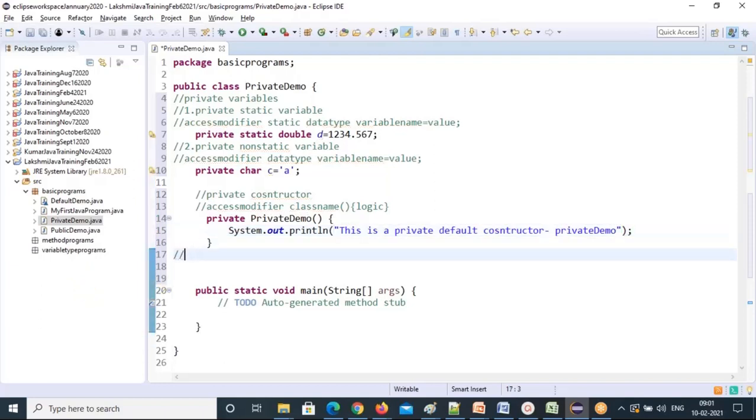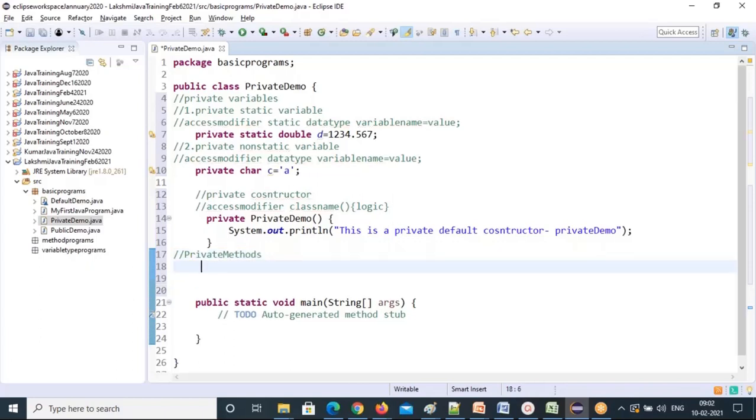Next, what is the next member? Methods, private methods, all private methods. I'm going to create a first static method. So what is the static method syntax?